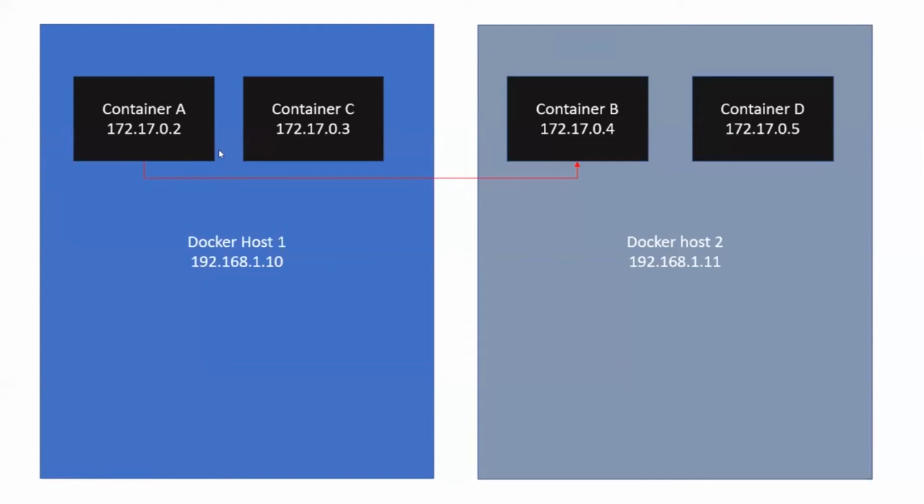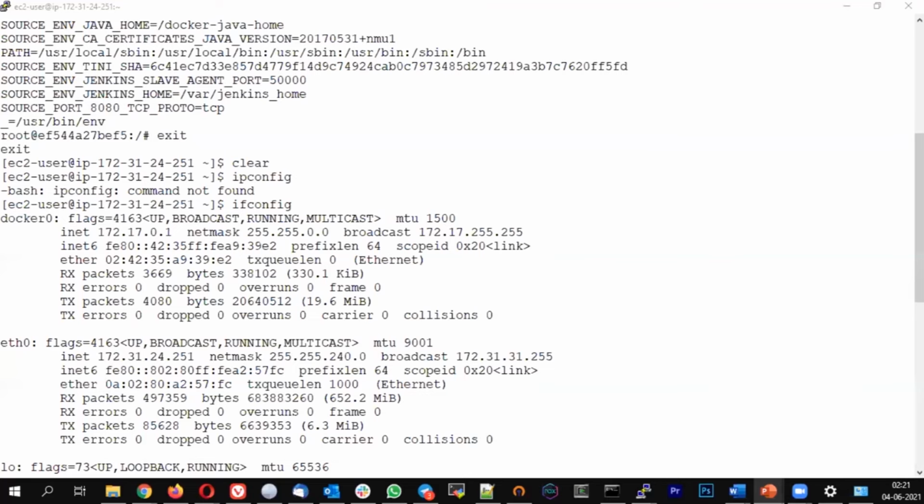I'm just putting a very ideal scenario where I have a container A that wants to communicate to a container B running on a different host. Let's say I have two Docker hosts, one having an IP address of 1.10 and another having an IP address of 1.11. Okay. So when container A wants to communicate to container B, imagine if they are having a different IP, I don't have any problem. So what really happens here is,